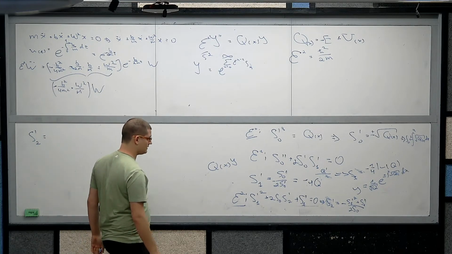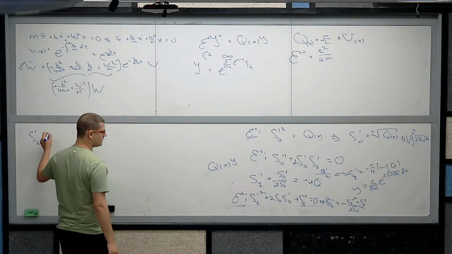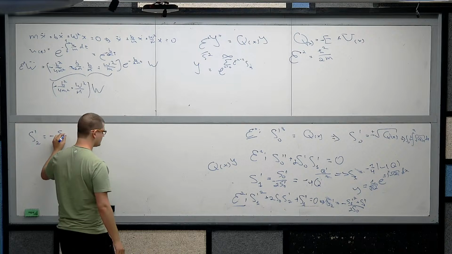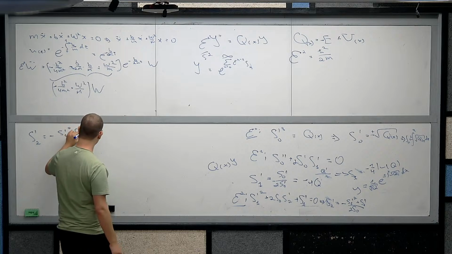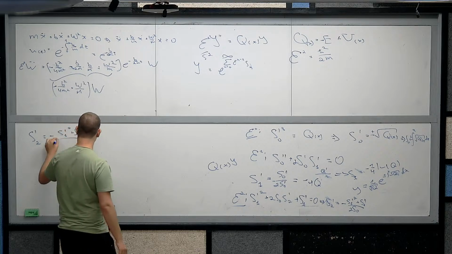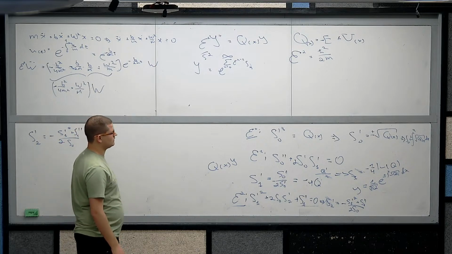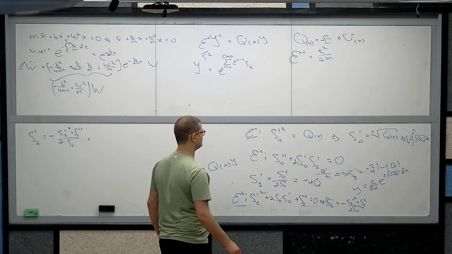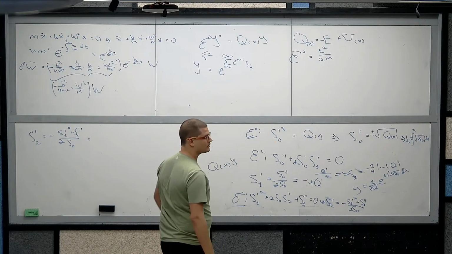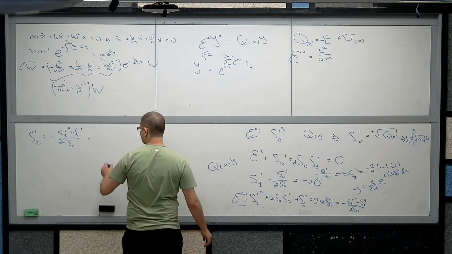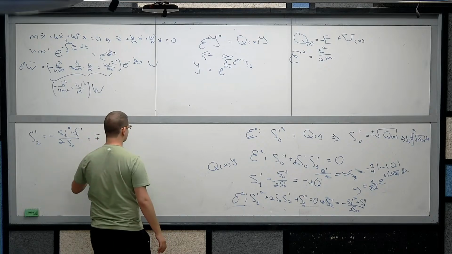Very tedious, very easy. And now just writing it like that, minus S1 prime squared, S1 double prime, divided by S0 is that thing. So 2S0 will give us the minus plus,